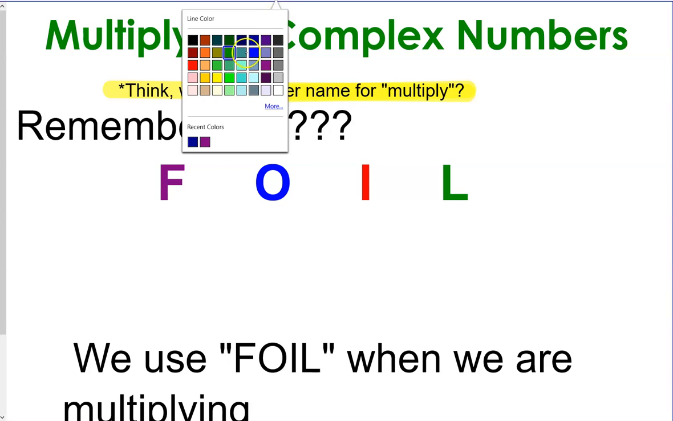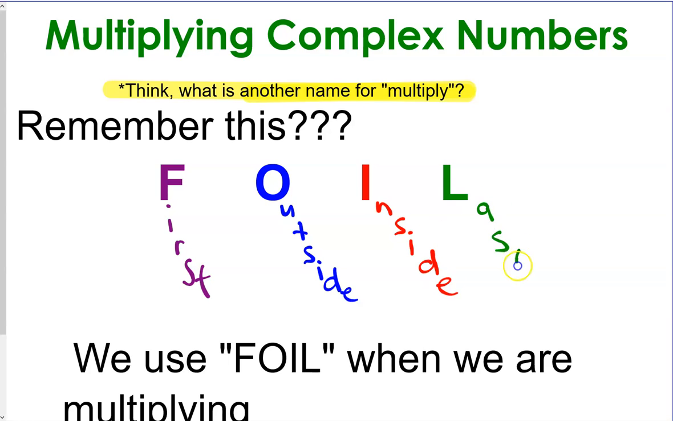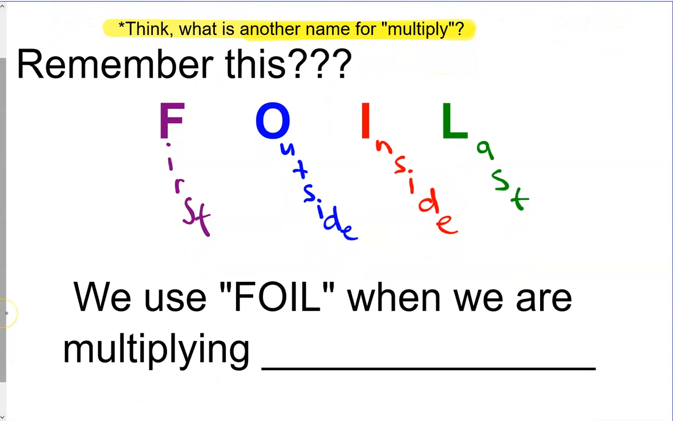Okay, so FOIL is first. It gives you the order that you multiply. Outside, inside, and last. Okay, and FOIL is a nice little trick, but it is a trick, and we can only use it when